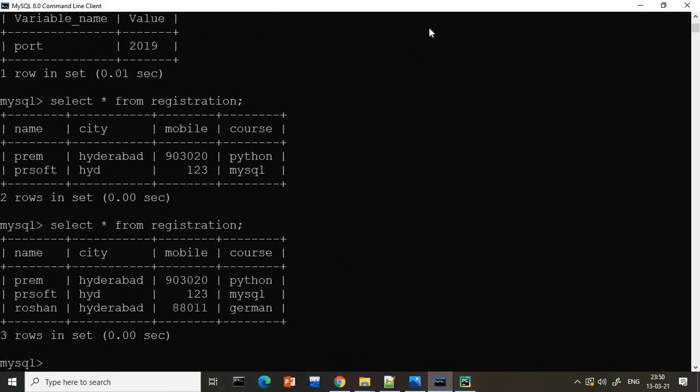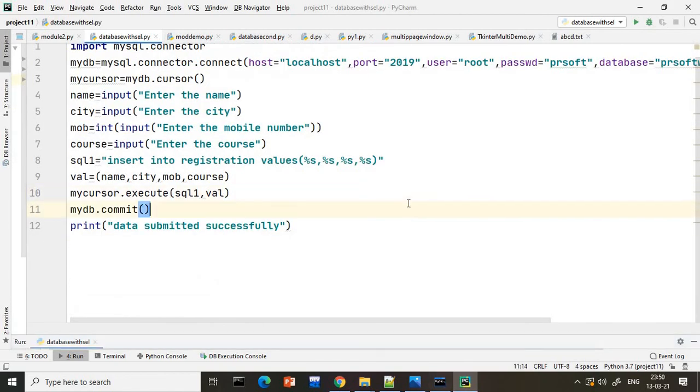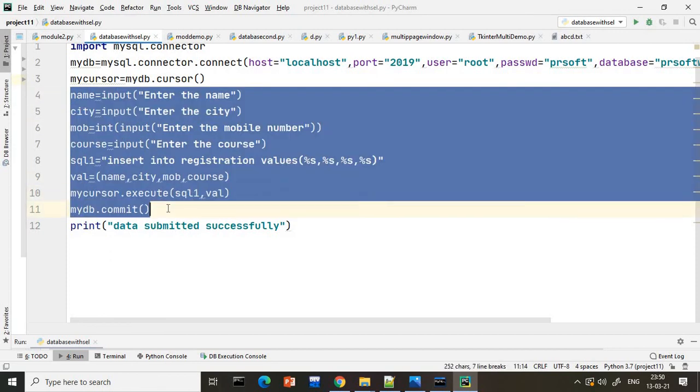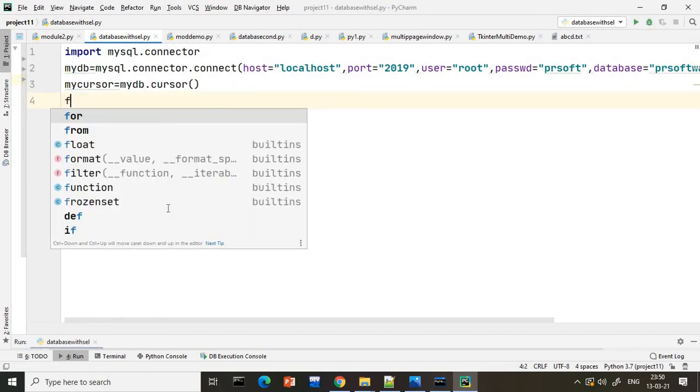Yes, coming. Now the second question you will ask, sir, can I enter multiple entries in the same program? The answer is absolutely yes. How to do it? This entire code is there, I will copy this code and delete. I will use a for loop here.